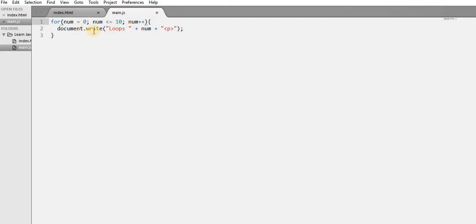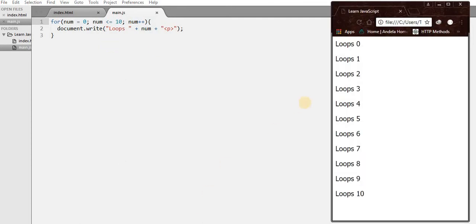So it will continue doing this until it gets to 10, because 10 is the last point. So it will say, is 10 less than or equal to 10? Yeah, 10 is equal to 10. So it will just output 10 on the screen, and it will not check for any other result. So if you save this now, you refresh, you see you have this. So you have 0, you have 1 to 10.